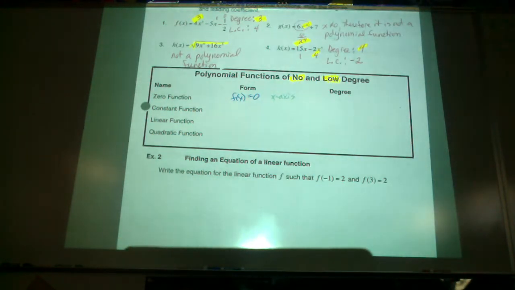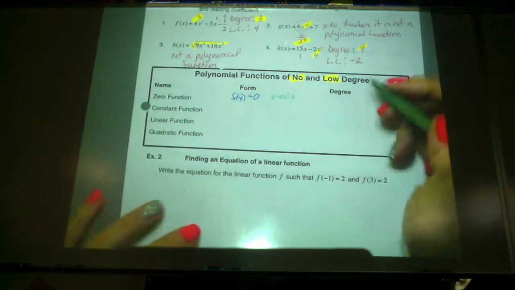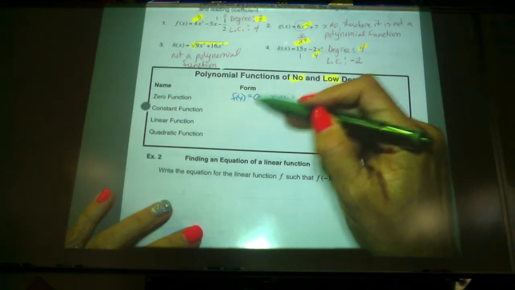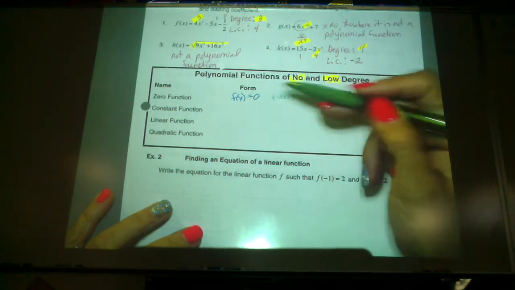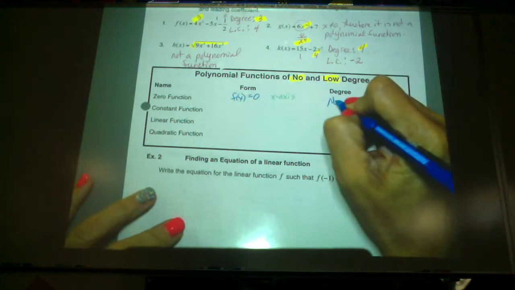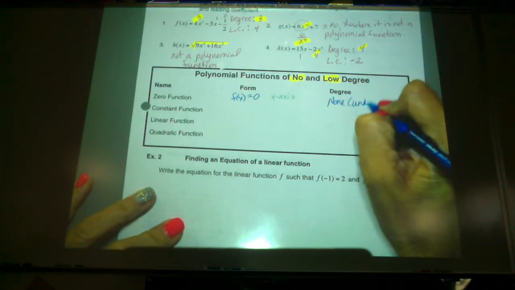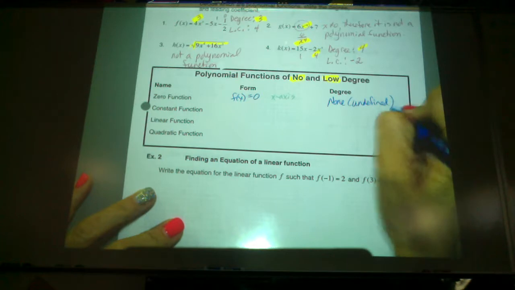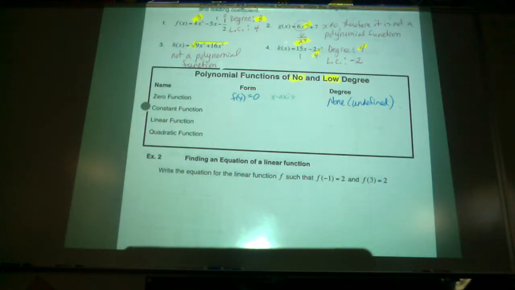It is a function, but it is the only polynomial function that has no degree, because you can't say that the degree of 0 is 0. It has no degree. So none. It is considered undefined. 0 is always such an interesting number. You could probably have an entire course on the number 0. I'm sure you'll all want to jump up and take it,